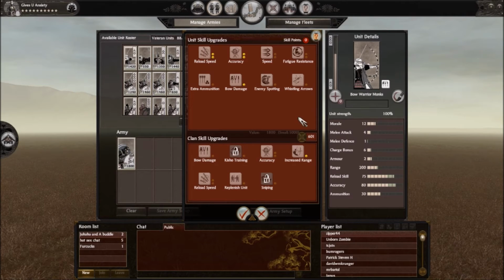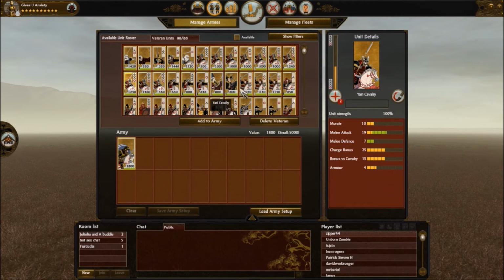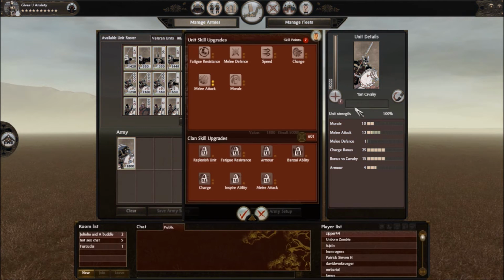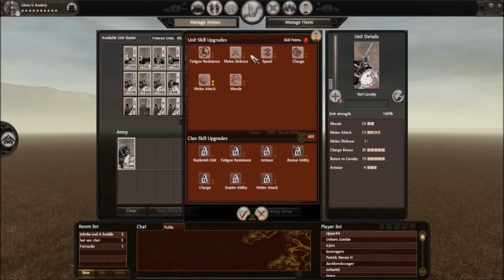And that's what I was going to talk about next, is every upgrade you add adds more renown, which is why you want to be careful with how many upgrades. For example, this unit right here is level 9, but yet I still have 7 points that I can spend on it, skill point 7. So that means if I want, I can just go morale, melee defense, charge, and then fatigue resistance. But I don't want to do that. That's really bad. That'll add a lot of cost, and all they really need is